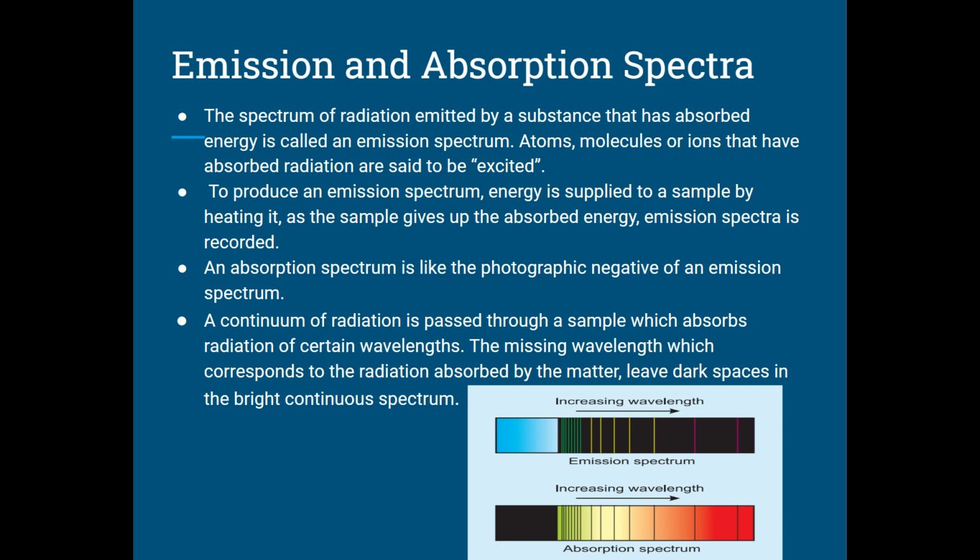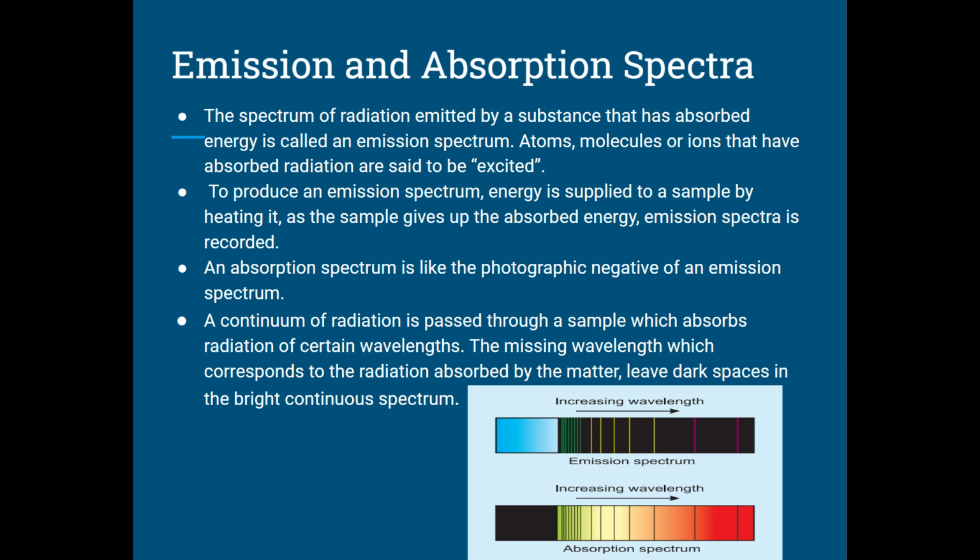is absorption spectra. Look at these images. The first one is the emission spectra, where you can see some bright lines over the black region. These bright lines are actually those emitted radiations. These are actually corresponding to those emitted radiation when the substance comes from the excited state to the lower ground state. And the photographic negative of this is given in the second image, which is